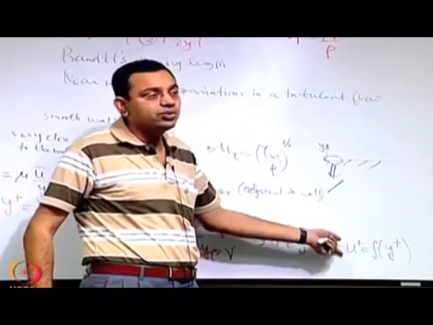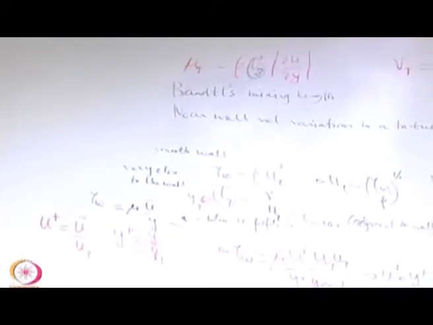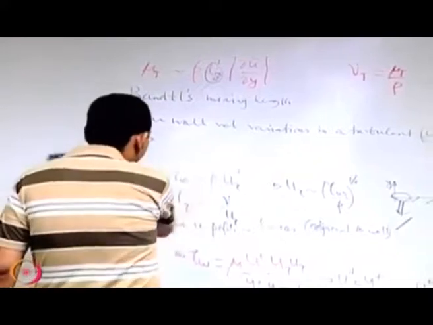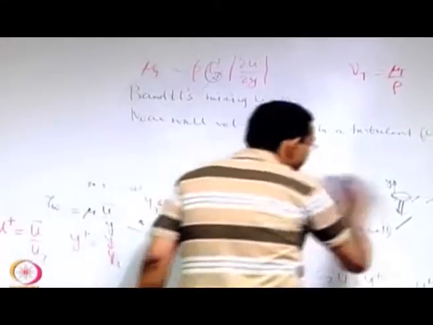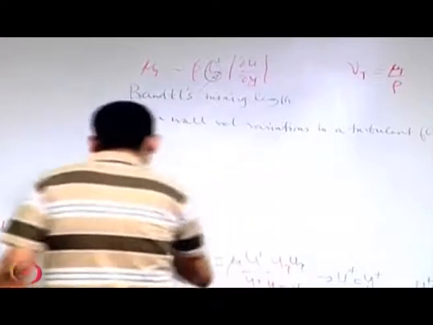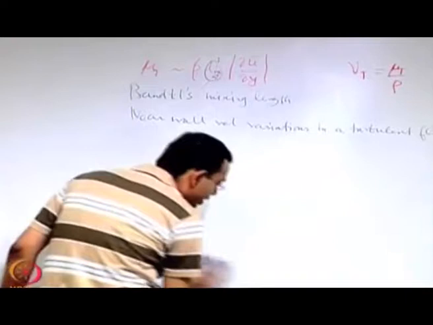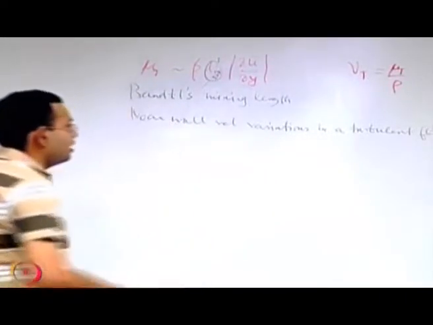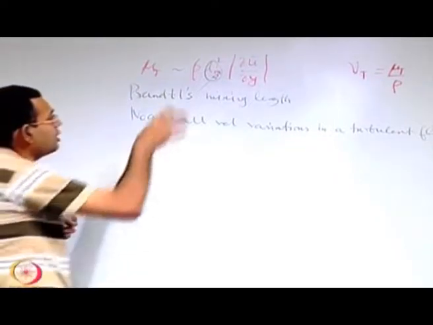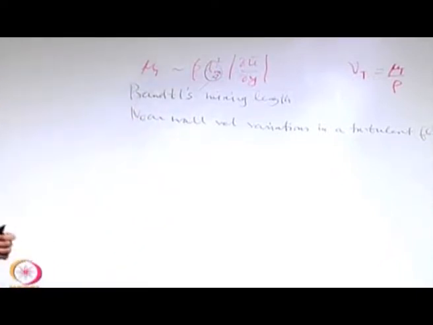So we will try to look into that, what is that different form of the functional relationship, and for that we will appeal to the Prandtl's mixing length. So when we appeal to the Prandtl's mixing length, we will keep in mind that we are now not talking about a region which is really infinitesimally adhering to the wall, but slightly away from the wall, and because the turbulent effects are more and more important as you go more and more away from the wall.